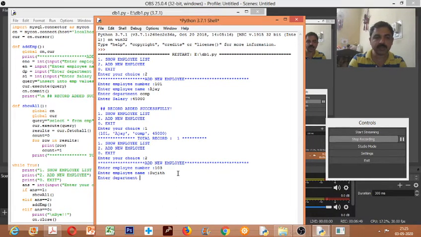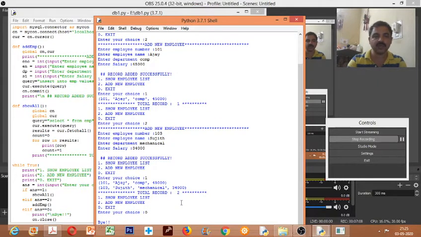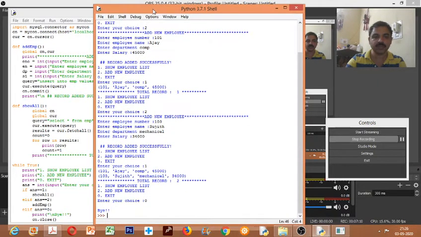So department mechanical. So some salary. Okay. So again it is entered. Now I want to display, so I will go to 1. So I can see both the records together here, right? So 0 for exit. It displays a bye message and comes out of the loop.